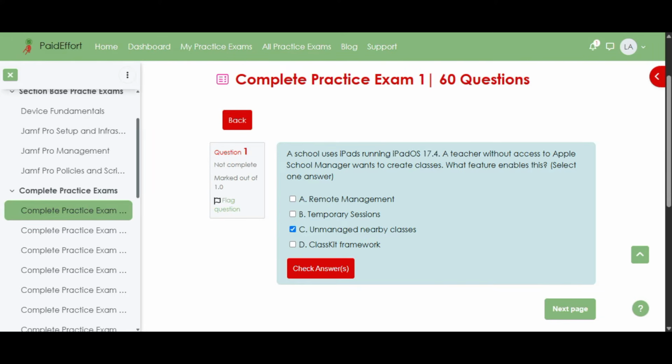Unmanaged nearby classes. Let's now go ahead and explain why. Unmanaged nearby classes is the feature that allows teachers to create classes without needing Apple School Manager, provided the devices run iPadOS 17.4 or macOS 14.4 and later. This is especially helpful for schools that may not yet be fully enrolled in Apple's ecosystem, but still want to